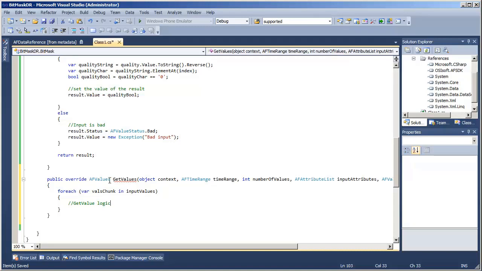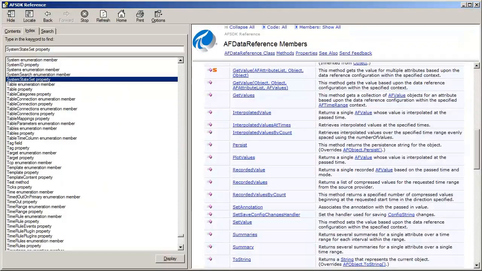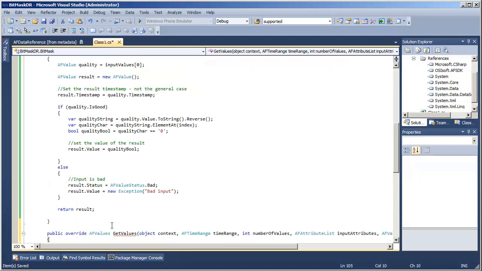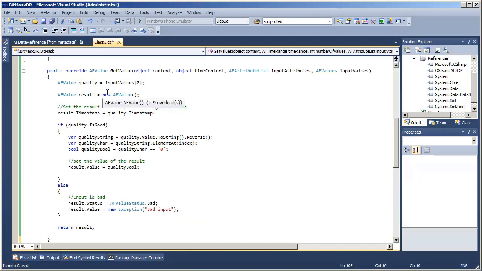There is a base implementation of all of these data methods, like getValues, plot values, interpolated values, all of that. For the summaries, for all of this, there is a base implementation, which does a glorified and much better version of what I was just describing, where if we're just doing one operation on the inputs, we don't need to implement all of the crazy logic for these rich data functions.